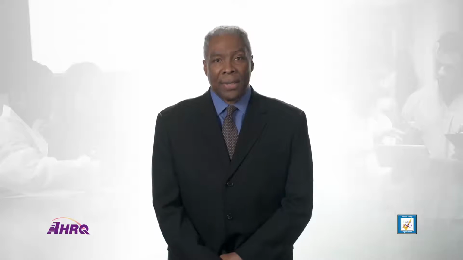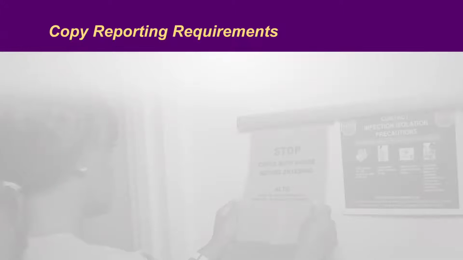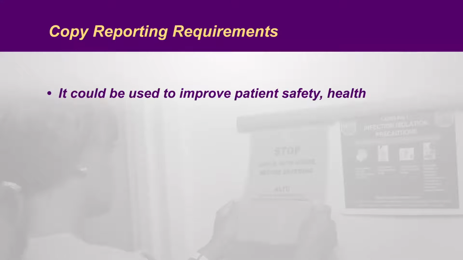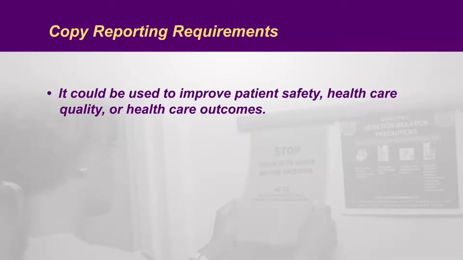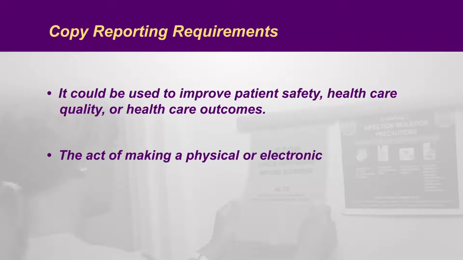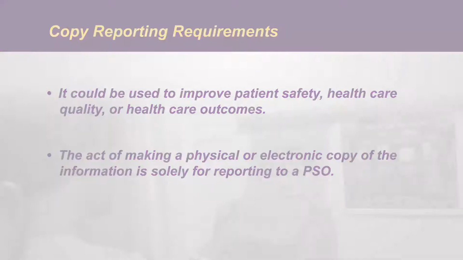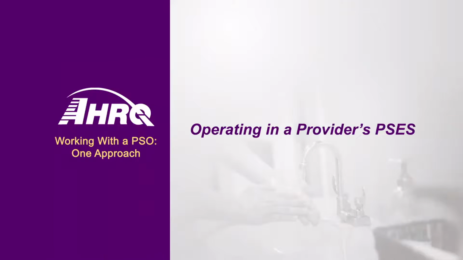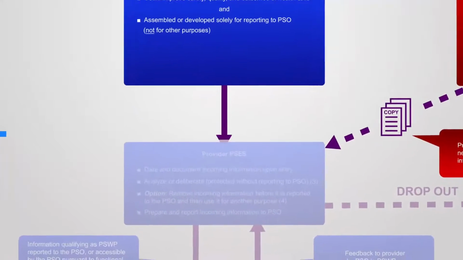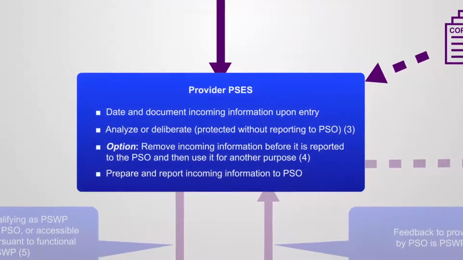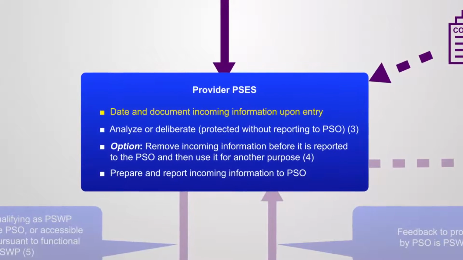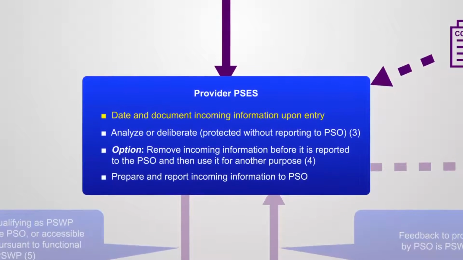This copy protection is available when the copy meets the same two requirements for reporting. One, it could be used to improve patient safety, healthcare quality, or health outcomes. And two, the act of making a physical or electronic copy of the information is solely for reporting to a PSO. Operating in a provider's PSES. In the box titled Provider PSES, the first line refers to an option that the reporting pathway makes available to